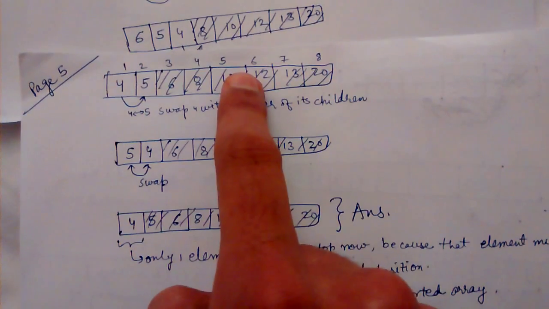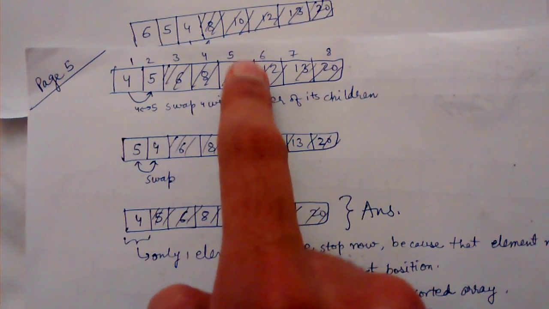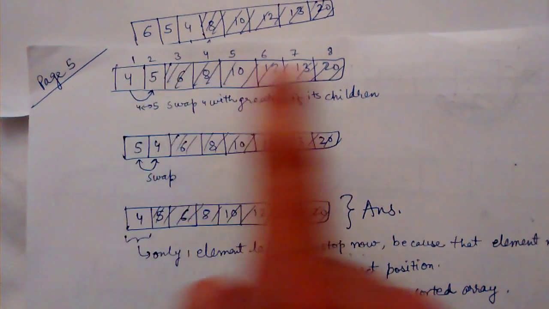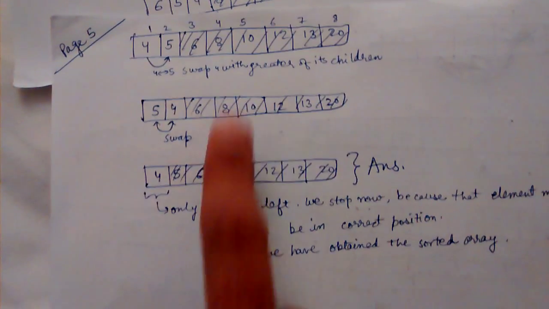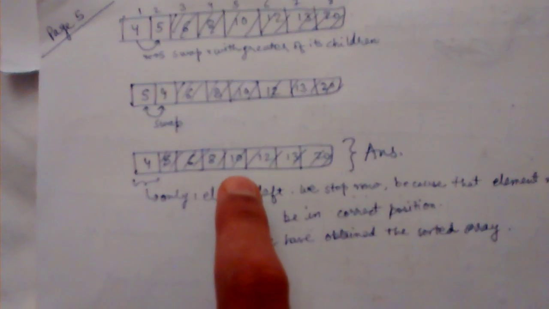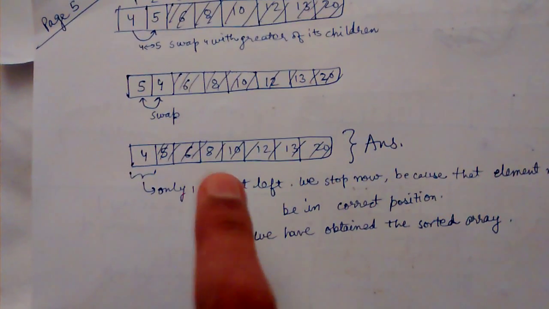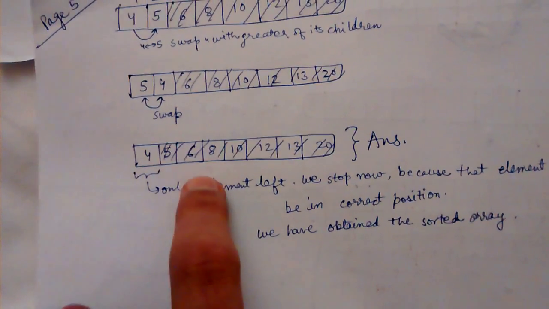So as you can see, we have obtained the sorted array here, but that we can see by our eyes, while the computer can't see this. The computer has to perform these 2 steps also. So you give an algorithm to the computer and it can execute that only. So it performs these 2 steps also,